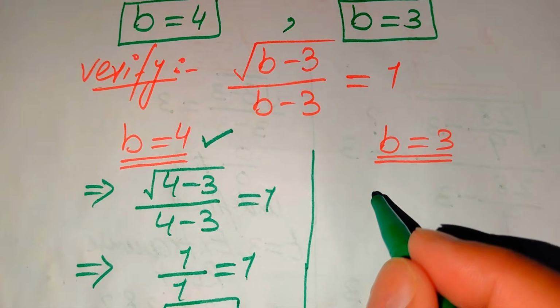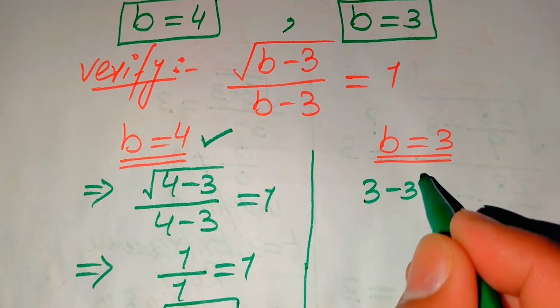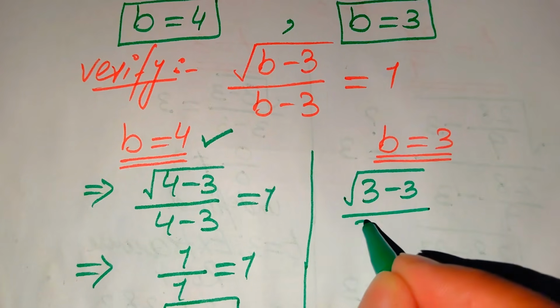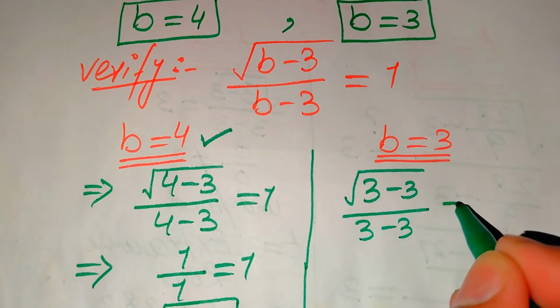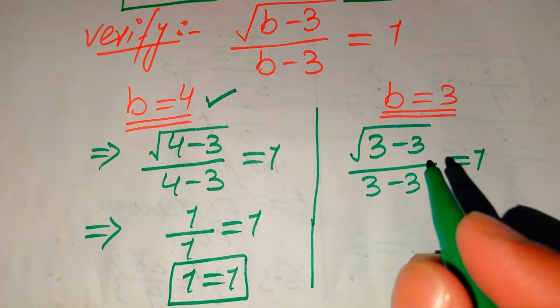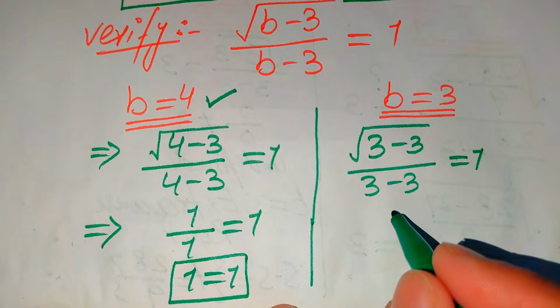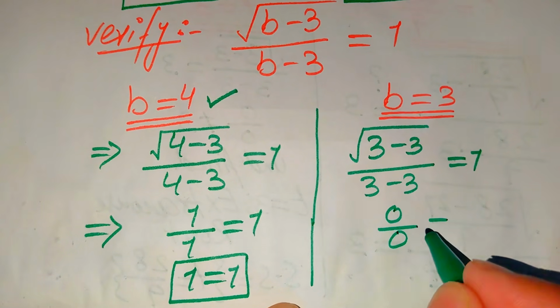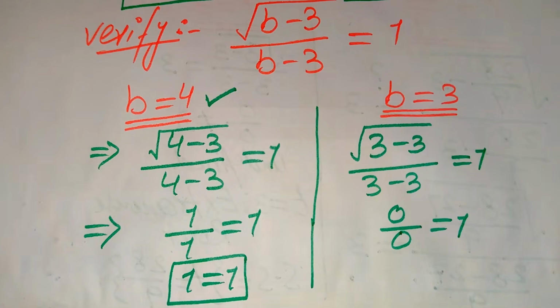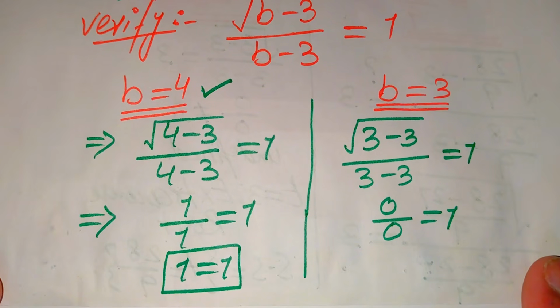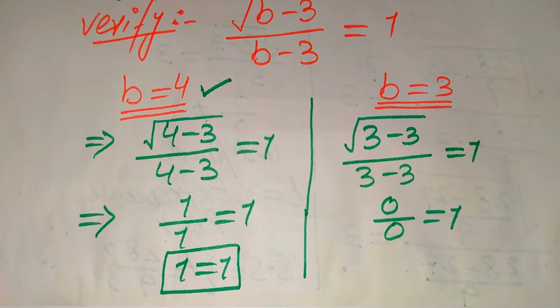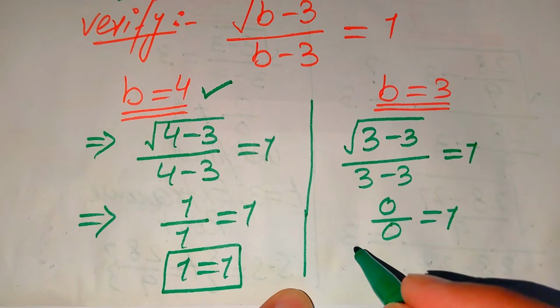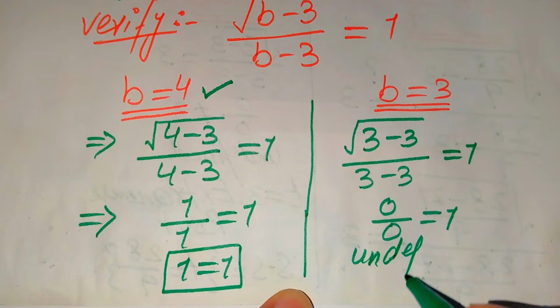So when you put this value here, it will be written as square root of 3 minus 3 divided by 3 minus 3 equals 1, and we have 3 minus 3 becomes 0. Our 0 over 0 form equals 1. So you know that 0 over 0 form is usually called the indeterminate form. If this is indeterminate form, or in other words undefined form,